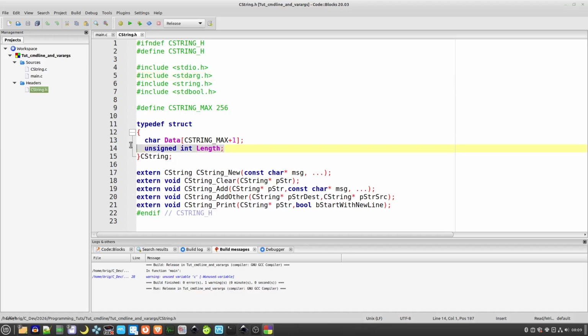So what I've created here is a more useful way of handling strings rather than a const char pointer. What we have here is a char array called data, which will be used to hold our letters, and then we have an unsigned int here to hold the length of our string. And then these functions here allow us to